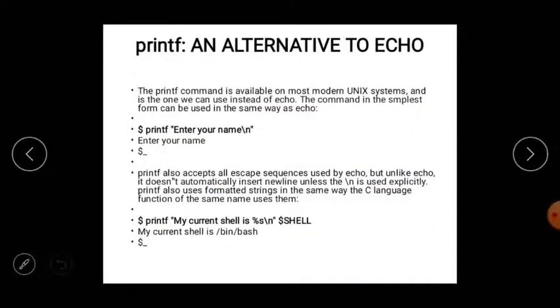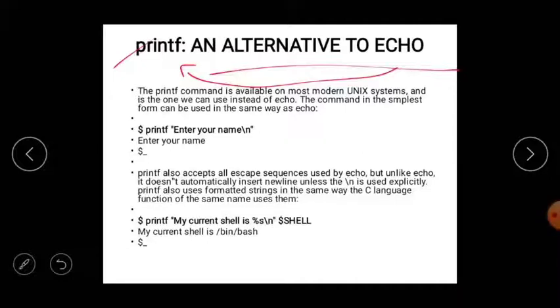Next, we move on to the printf command. This is the alternative to echo, meaning instead of echo we can use the printf command. The printf command is available on most modern Unix systems and we can use it instead of echo.